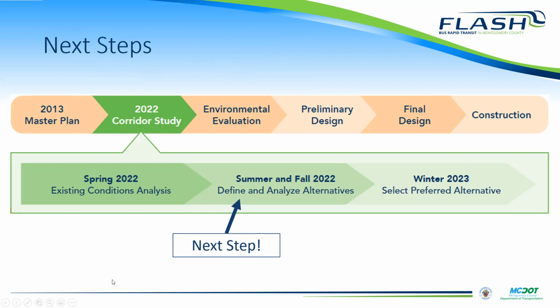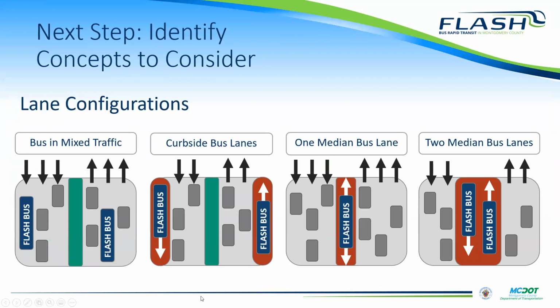We'll take the analysis and the feedback and we'll put it together and try to get a clear picture of the concerns in the corridor. And from those concerns, we'll use that to develop concepts to implement BRT in the corridor. And so what that may mean are concepts that begin to look like, next slide please, various lane configurations for buses. These are not what we're necessarily going to propose. We wanted to give an example of what we may propose in various sections.